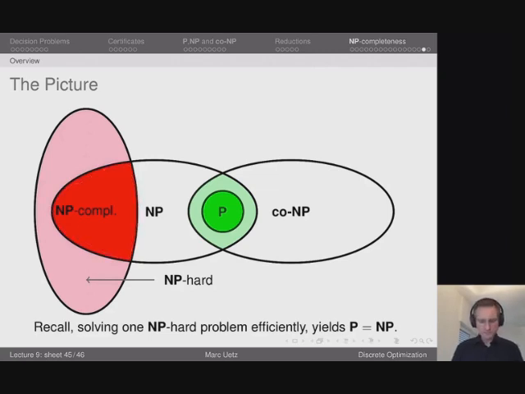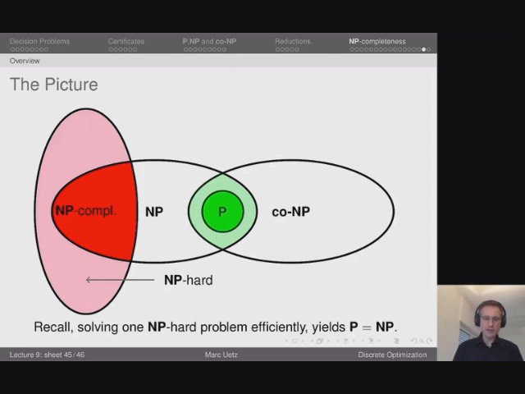The important thing to realize is that a polynomial time algorithm to solve any one of the NP hard problems would immediately yield that all the problems in NP would be solvable in polynomial time, hence P would be equal to NP. Now that said, that really finishes this crash course in complexity theory,